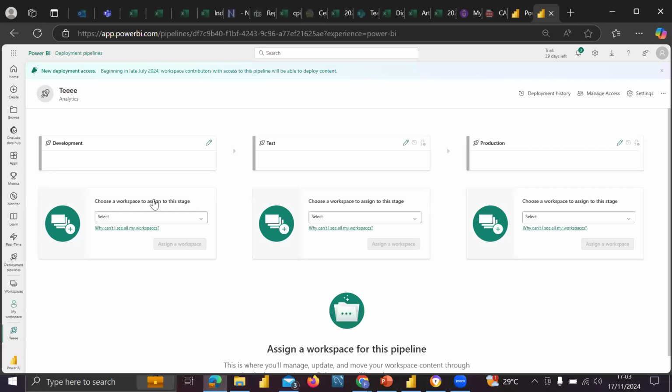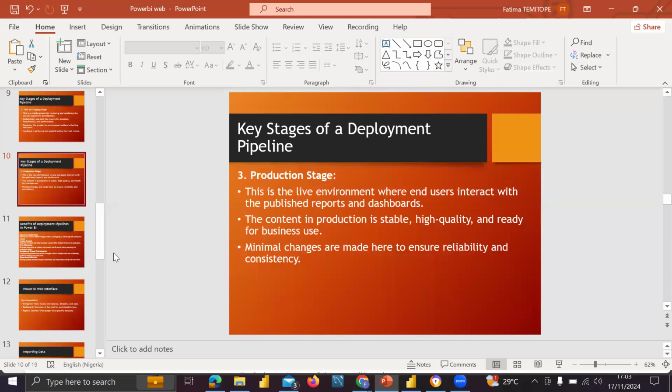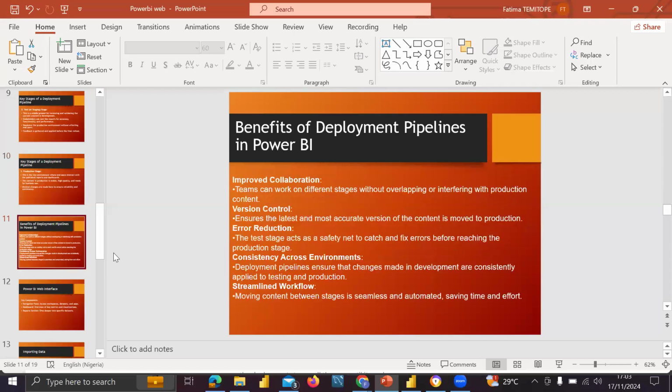I won't be going deep into the deployment pipeline though. So let's move on to the benefits of the deployment pipeline in Power BI. I'm mentioning this just so you could know that things like this exist in Power BI, because I'm very sure a lot of you have not heard of deployment pipeline or how it works before.